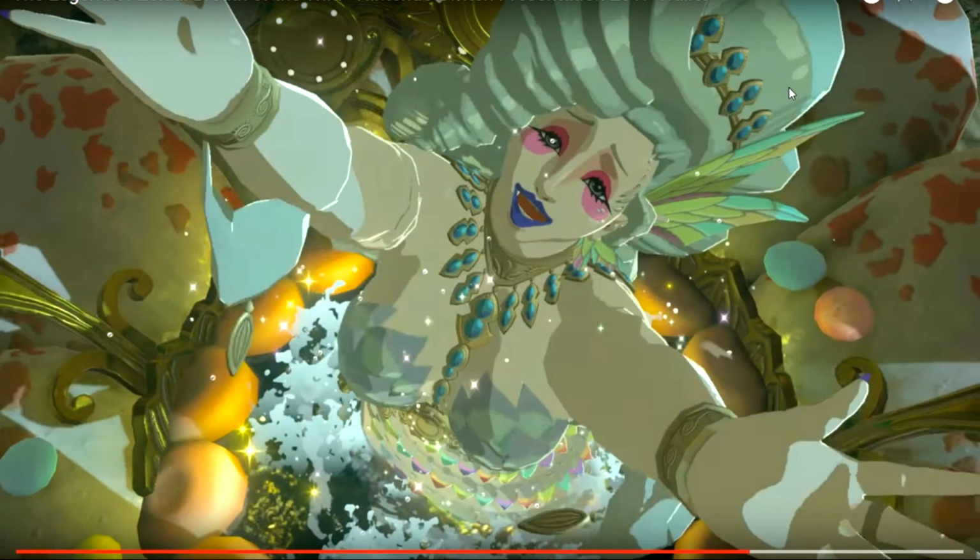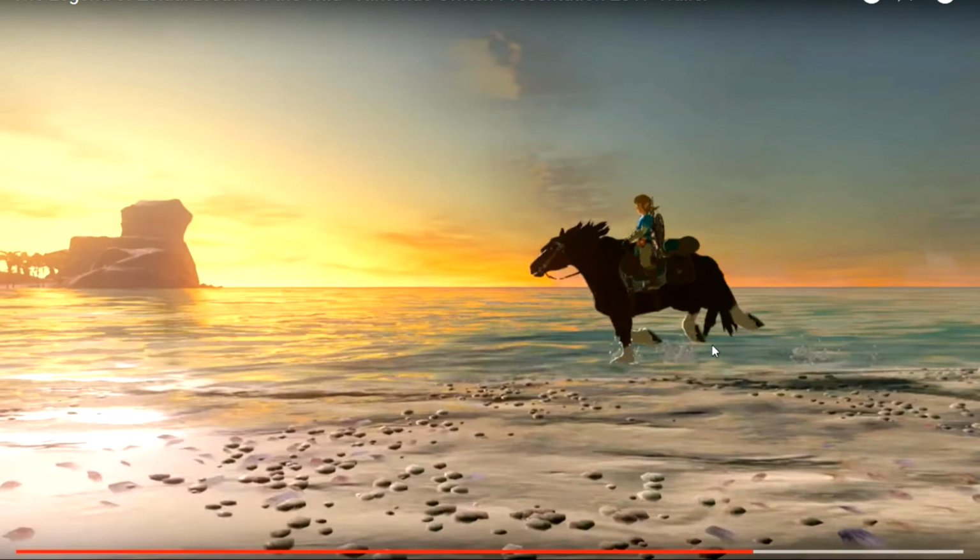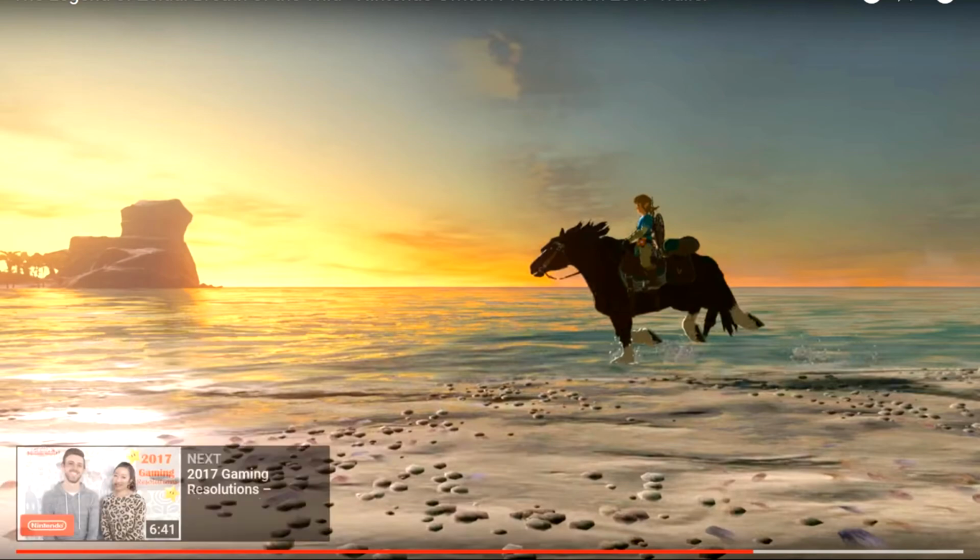So then we see this. It's a person. And I'm pretty sure we can all tell what this is from just looking at it. This is the new Great Fairy, which, okay, I've never been that much of a fan of the Great Fairy designs, but at least this one looks better than the Ocarina of Time one. That one was just creepy. So, yeah. Then we see Link riding across a snowy type area here,